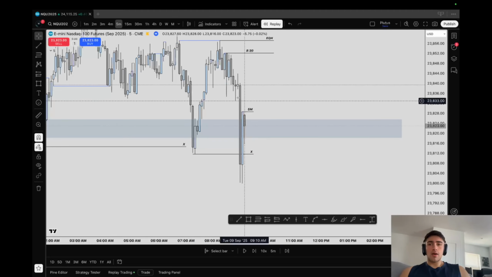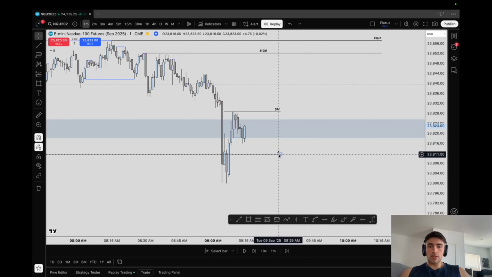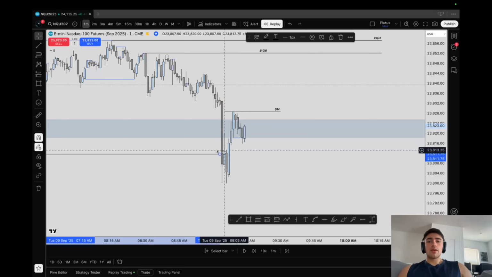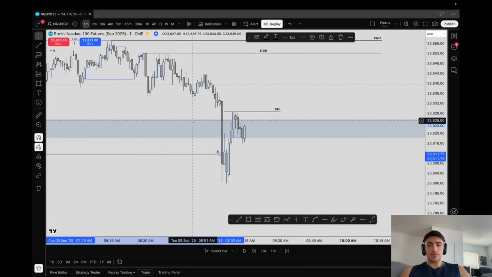Okay, now we're going to hop on the lower time frame. This is the trade I ended up taking. So as you can see here, we end up having what? A low, a high, a lower low, a higher high. This is your breaker on the 1-minute time frame. Okay, so we get a market structure shift, you can say, on the lower time frame after a key level has been met, right?